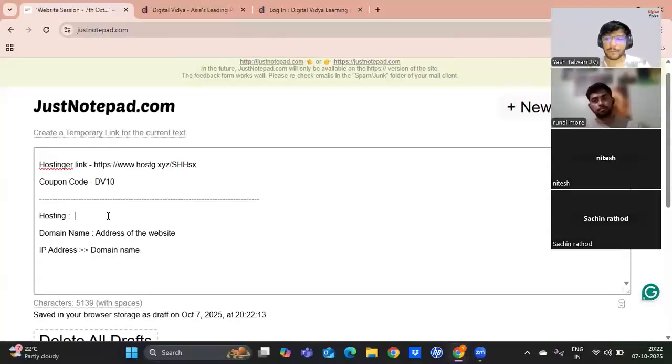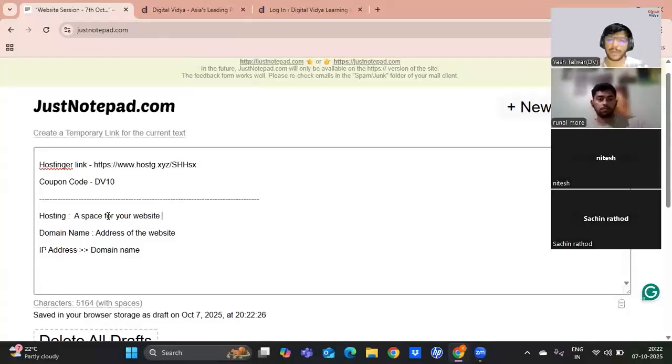And hosting, in layman's terms, is a space for your website. This is where your website is stored. All of the files for your website, whatever you are uploading, everything is stored on this hosting service. There are multiple types of hosting.